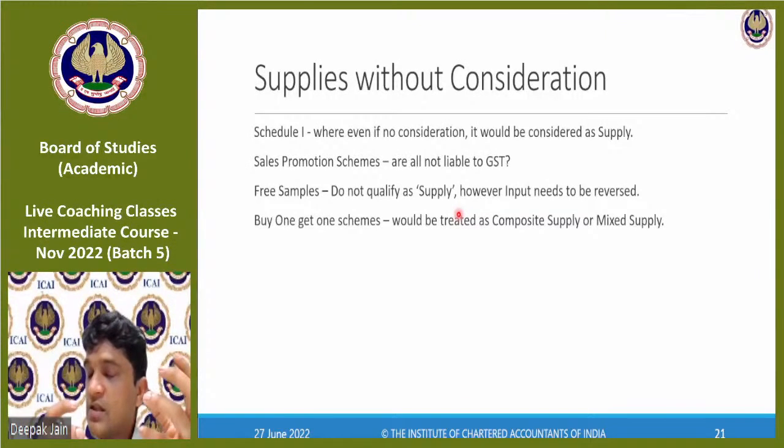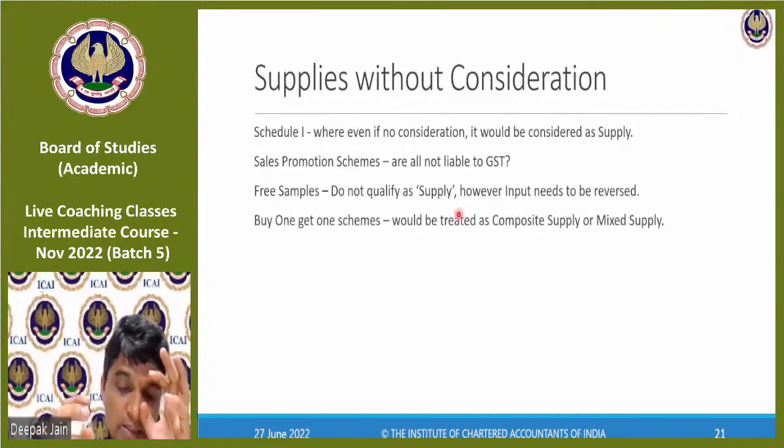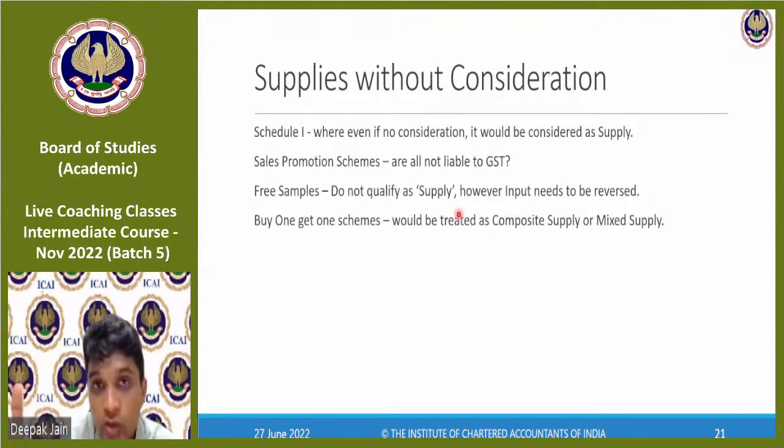No. What GST authorities have said is, when you give buy one, get one free, you have considered the pricing of the free product also in the first product itself. So it will be treated as a composite supply, wherein both the products' price will be treated as one, and you don't have to reverse the credit. So only in certain specific schemes like buy one get one, buy two get one, whatever is there, if you're not charging GST on the free supply, you don't have to reverse it. It will be treated as though the price of the free product is covered in the first product. So no GST reversal required.